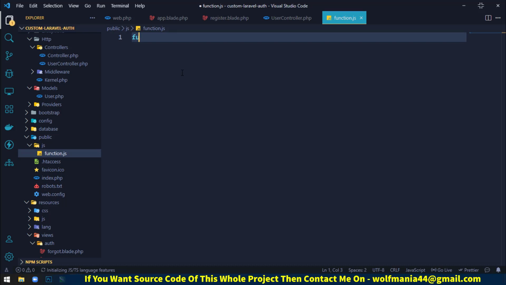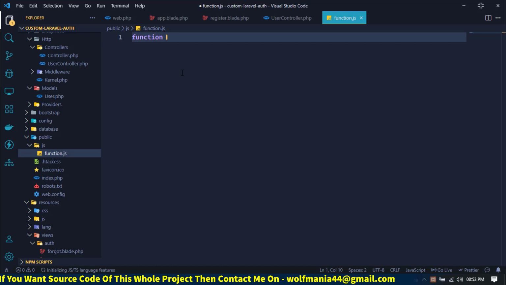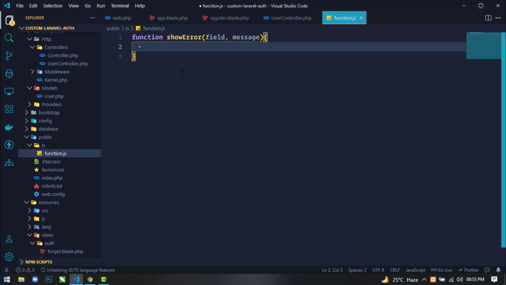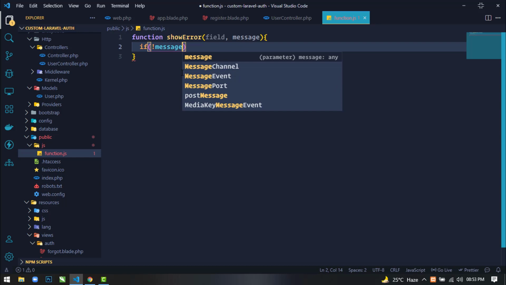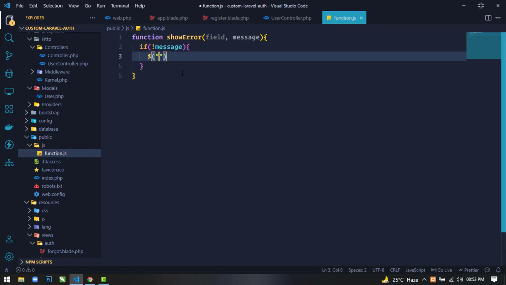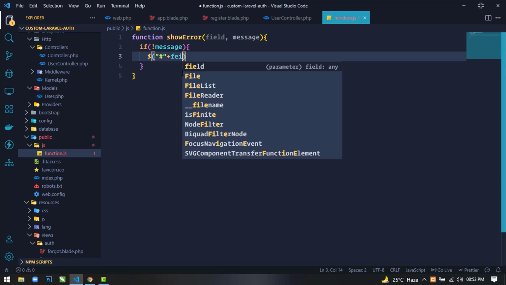So first method will be function showError. Here I will use a field parameter and message parameter. Now inside this I will check a condition: if there is no message, then in this case we will select the input field, concatenated with the field.